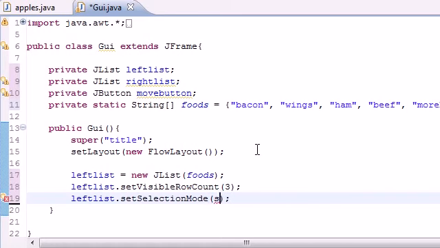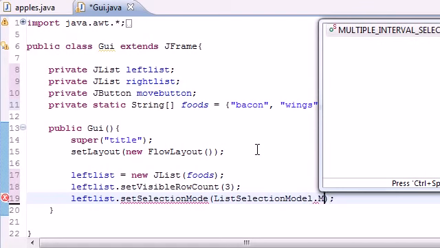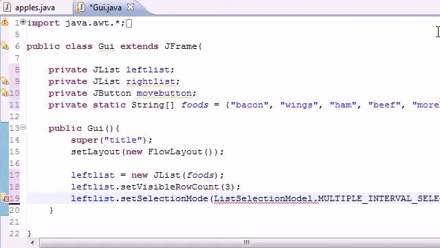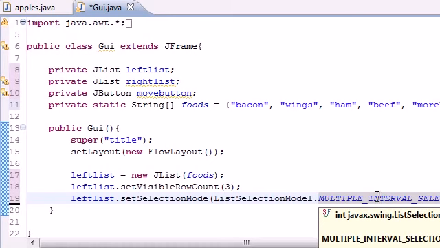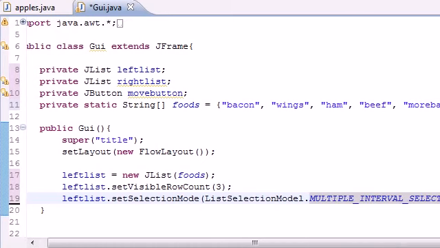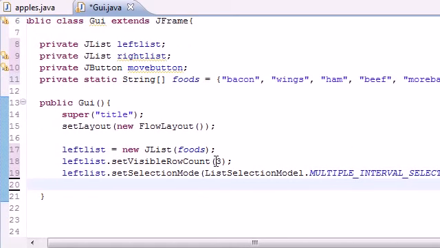And our selection mode, unlike before, is going to be list selection model dot multiple interval selection. What this means is, unlike last time where you could only select one thing at a time, with multiple interval selection, using your control and shift keys on your keyboard, you can select multiple items at a time. So now the last thing that we need to do to our left list is